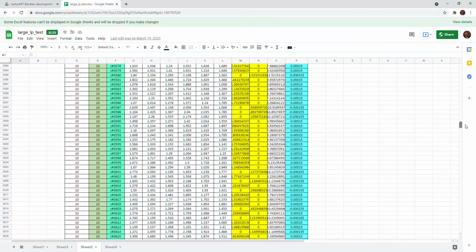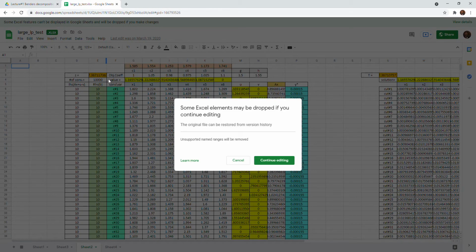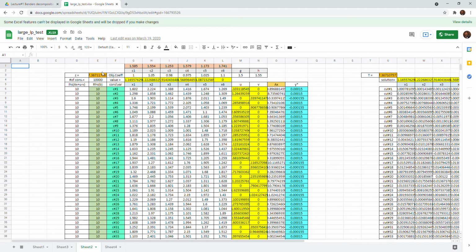Based on statistical theory, you should be able to expect that the resulting target cell, the objective function of the problem, regardless of the number of constraints, if you have a really large sample and keep adding scenarios to the problem,